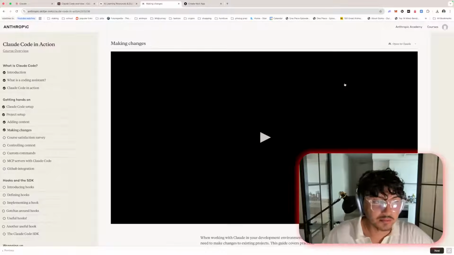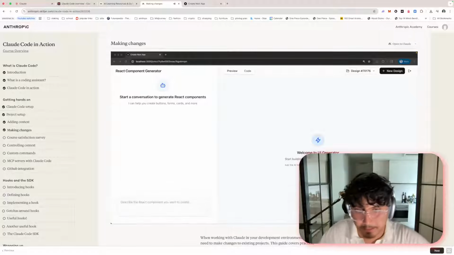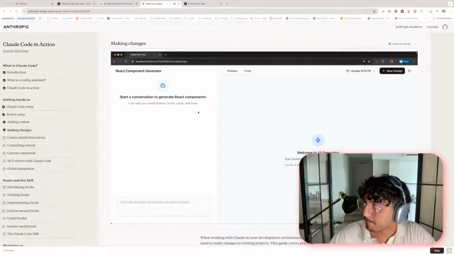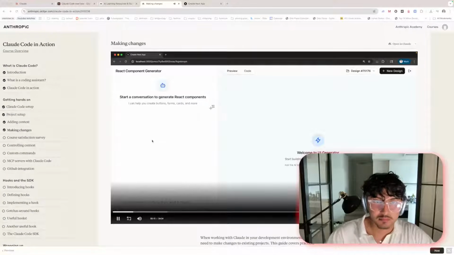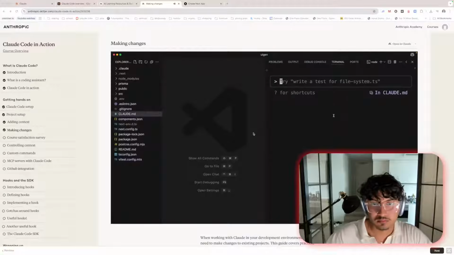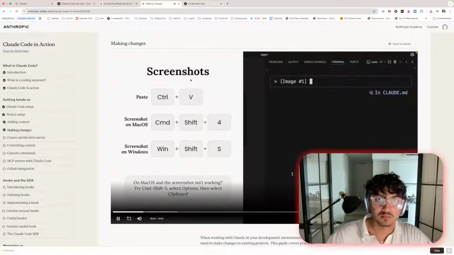So far, so good. Let's try making a couple of changes to this project. Along the way, I'll show you some useful features around Claude Code. The first thing I'd like to do is move this placeholder text over here on the left-hand side down to the center of this panel. To help Claude understand exactly what content I want moved, I'm going to take a screenshot of that area right there, and then I'm going to paste it into Claude Code using Control V. Note that it's Control V and not